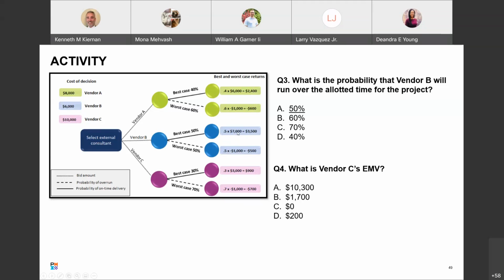It doesn't matter how it's $7,000 or $1,000 impact. It's simply knowing how to use the chart to make a decision. Then we get to the actual question. Vendor C's EMV. Best case is P times I, 900. Worst case, P times I, negative 700. $200 is the correct answer. Good? Yes, thank you.